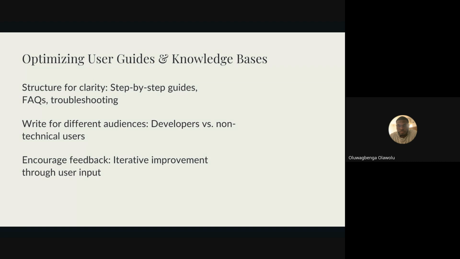So for example, say you want to write a step-by-step guide on how to integrate with your API. You can simply feed the AI agent your API documentation, properly and clearly documented, and it's going to generate a lot of rough things for you as a start. But then it starts to give you insight into how you can make it better. It's sort of like when you want to write a draft for an article.